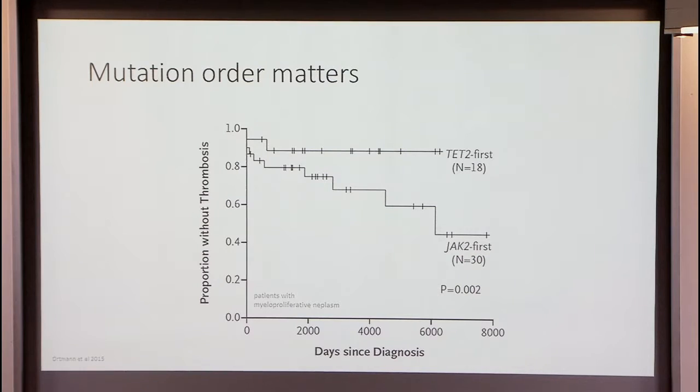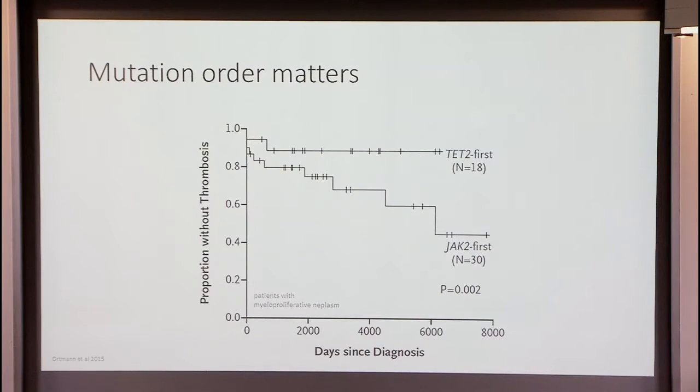clinically. So this is just one example from a recent publication comparing patients with a certain type of leukemia and looking at the order of two cancer-causing mutations. What was observed was that one order of these two mutations in these two genes mattered: if you got the mutation in this JAK2 gene first, that led to worse prognosis for the patients than if you got the mutation in TET2 first. So there's inevitably probably more of these things to come out as we're able to quantify this progression process, this